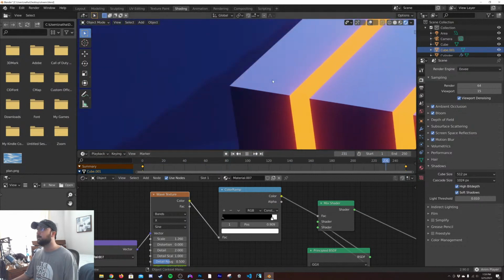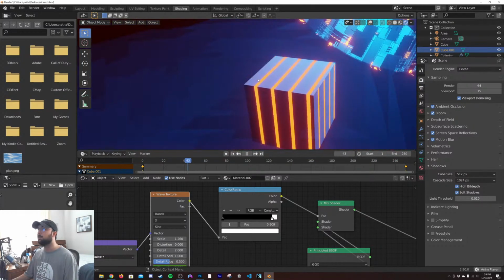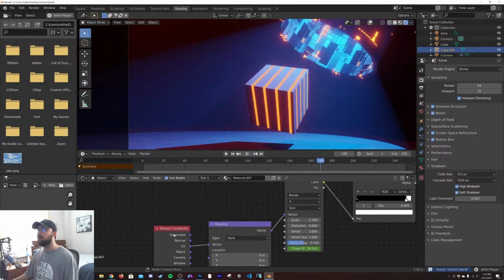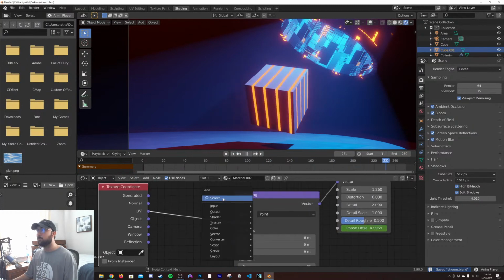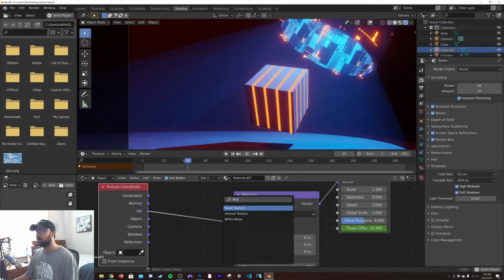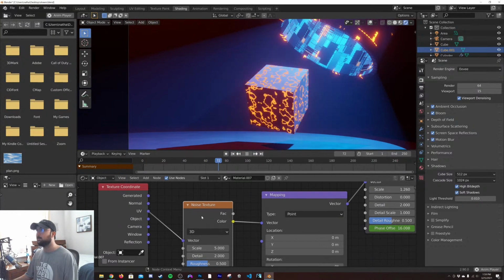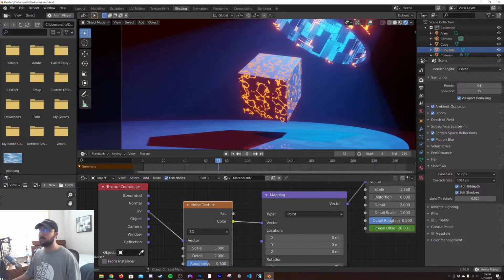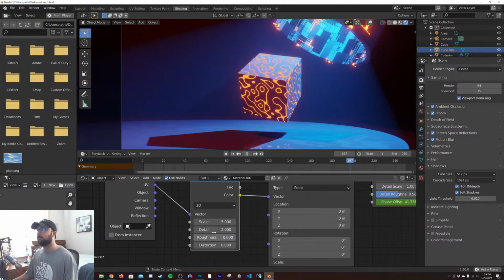Okay, and if we go to the end, let's just make sure it loops. It does. Okay, awesome. So now that we have that looping, that's all I wanted for the wave. Now we're going to distort the wave over here to get any texture we want to also loop. So we'll go with a noise texture to demonstrate this. So now this noise texture is actually going to loop on this cube, which is super cool. Make sure it loops. It does loop. Awesome. So yeah, now we have this cube with a looping noise texture. And that's freaking awesome. And then we can play with that if we want.